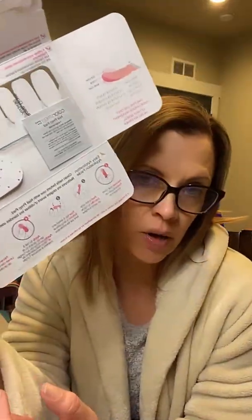So let's apply some Color Street nail strips. So again, there's the Valentine's. This has a strip along the back. Hold on a minute. I'm getting notifications. I don't want to get distracted. But sometimes it doesn't pull all the way through, so I just take the whole back off. And then this is what's inside. Here it gives you directions on how to apply the nails, which is what I'm going to show you in a minute. It comes with a nail prep pad,